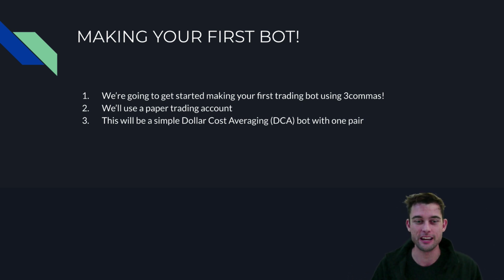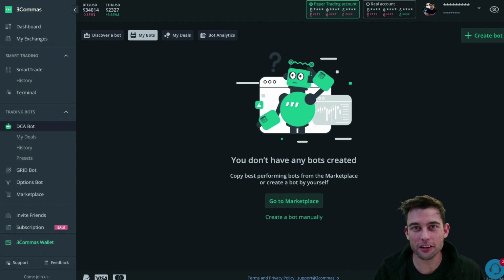It'll be easier, it'll be safer. And this will be a simple dollar cost averaging, or DCA bot, with just one pair. So let's get started. Okay, so the first thing that you're going to want to do is